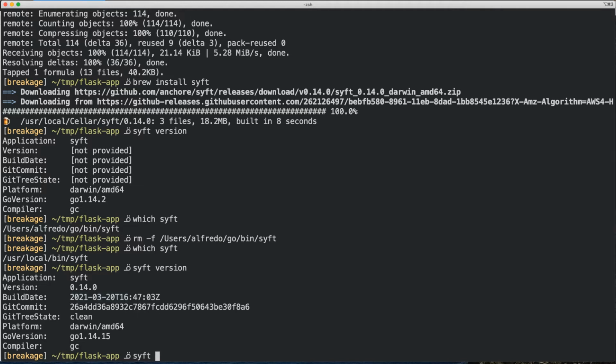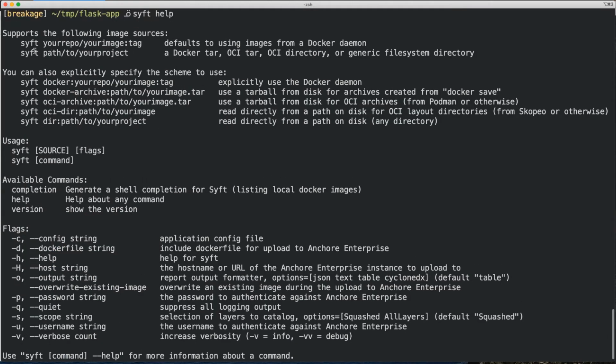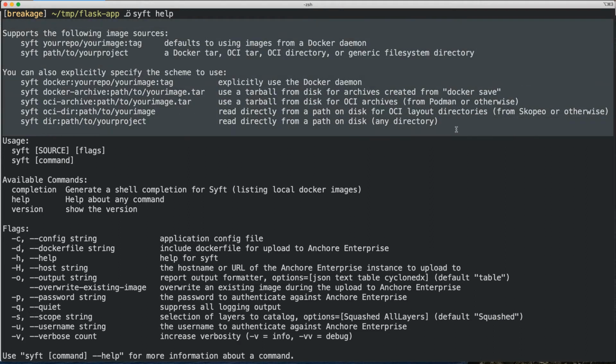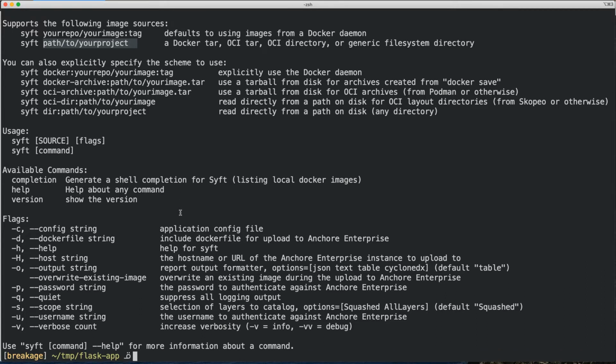So what are some things that I can do with this? If I type in Sift help without any arguments, you can see that you have a lot of different things that you can do here. You can scan either a specific tag, we will do that in a second, or a path to a project. So you can also go into a directory and look at what the contents of this directory are and catalog every single thing that it finds. Perfect. So that doesn't answer the question, what do I have installed in my container that I just built? So we looked into it and we saw a bunch of stuff installed, but I want a complete catalog of